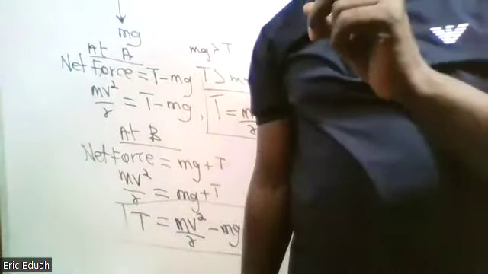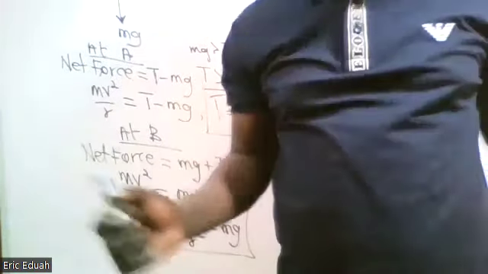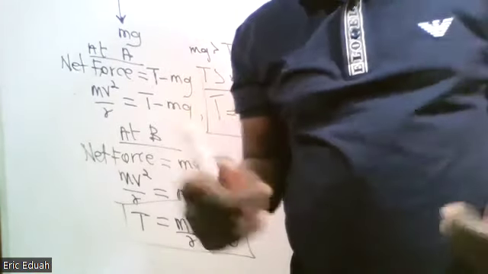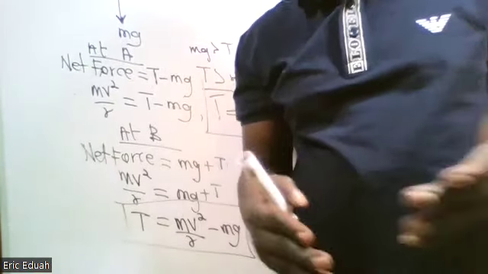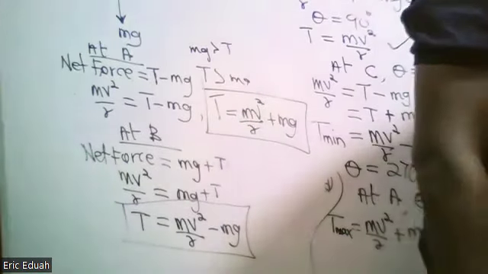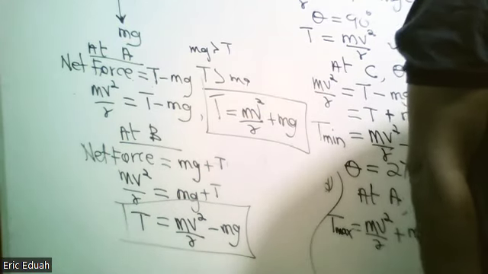This adjective description is very important. In a vertical circle means that we are looking at vertical revolution. It's whirled round rapidly in a vertical circle of radius 2 meters